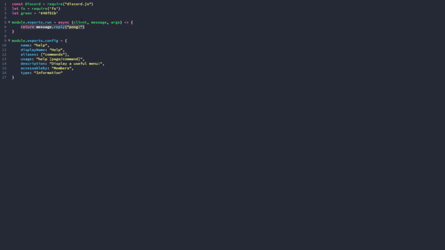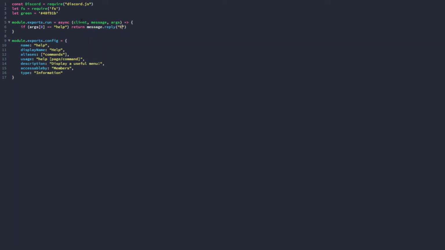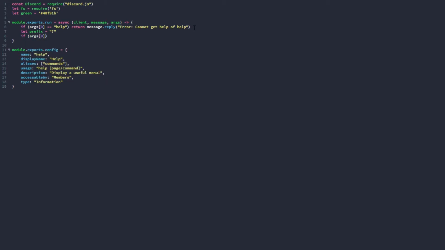Now, inside here, we are going to do if arg0 is equal to help, then we're going to return message.reply, and we're going to say error cannot get help of help, because we don't want somebody to run help and get help on the help command, because that's not really what you want happening. Now next we're going to let the prefix equal whatever you had it set to in index,